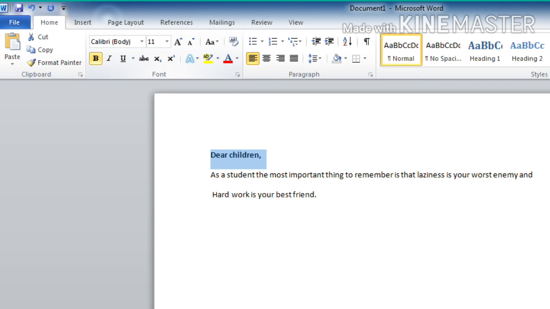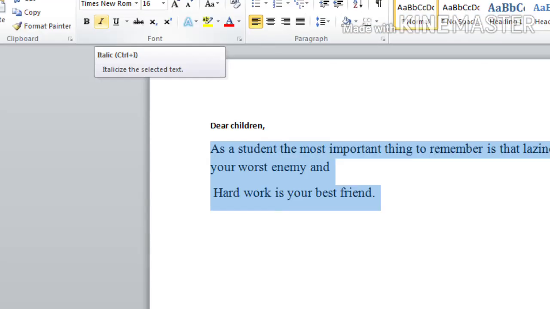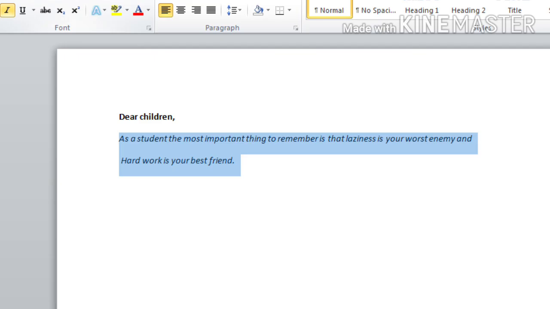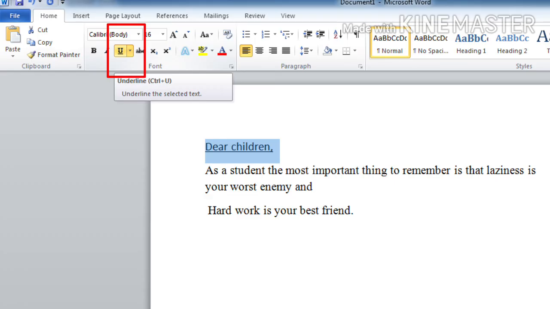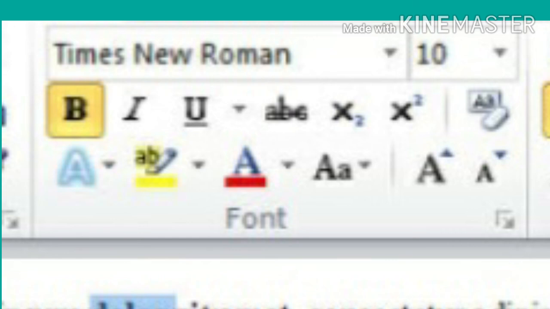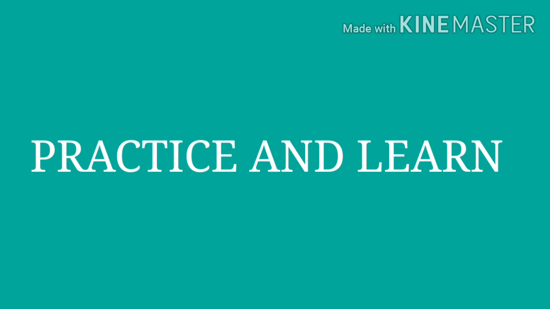And when you click on the I button, it will make your text appear in italics, just like this. Then the U button underlines the text that you have selected, just like this. Children, so these are the several font formatting tools in our Microsoft Word. Try to do it and learn.